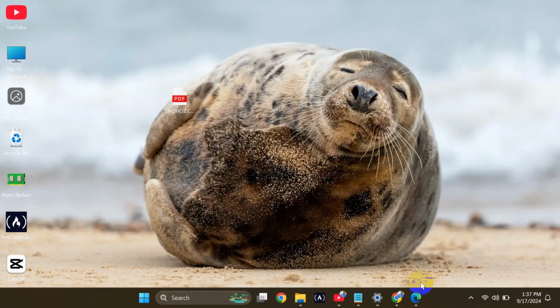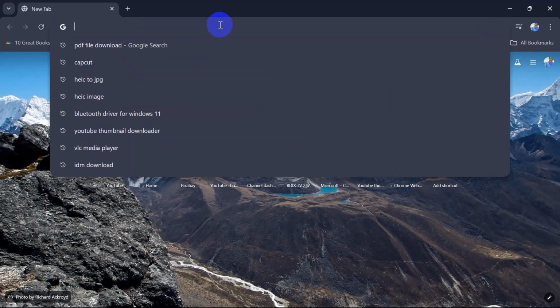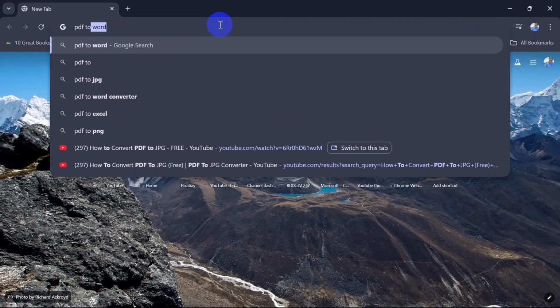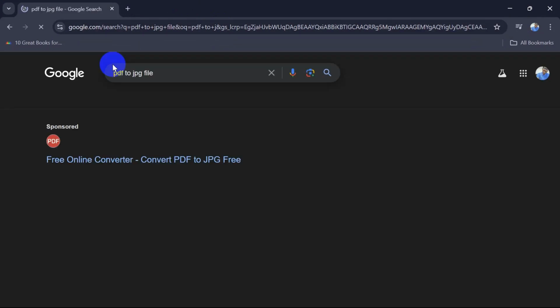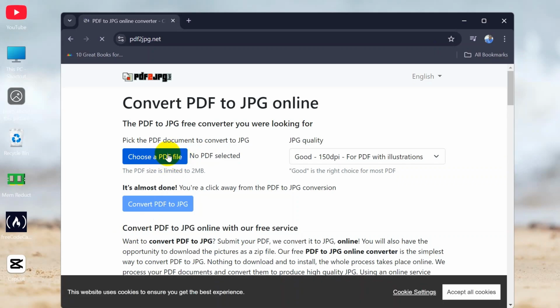So first you need to go to your Google Chrome browser, or you can choose any preferable browser, and then you can type PDF to JPEG file. You can see it, click on that, and after scrolling down a little bit you will find pdf2jpg.net. So click on that. You can see there is an option called choose a PDF file, so click on it